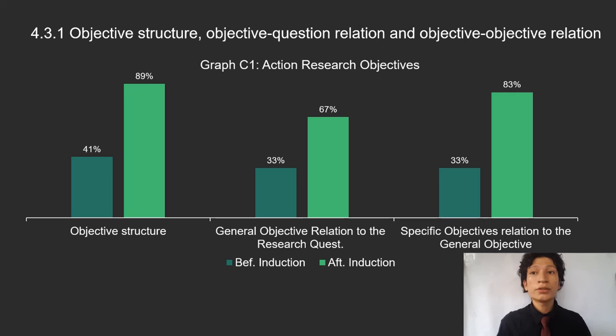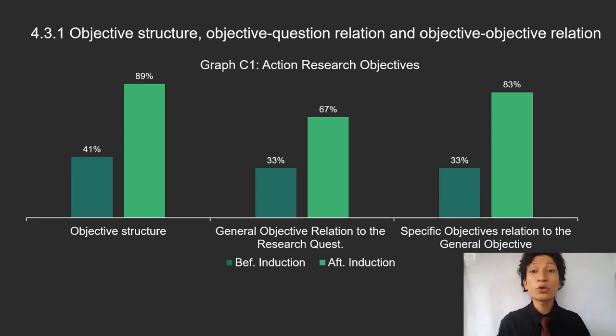Before the induction, 41% of students showed accuracy when composing the objectives regarding objective structure. Before the induction, also, only 33% of students were able to have a great relationship between the general objective and the research question, and only 33% of students were able to show an accurate relation among the specific objectives and the general objective. But after the induction,